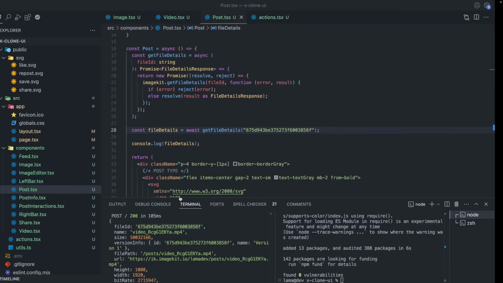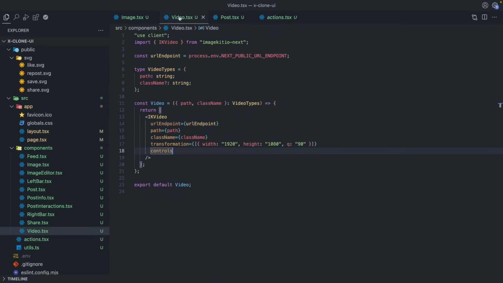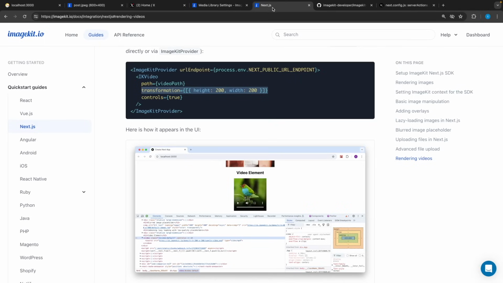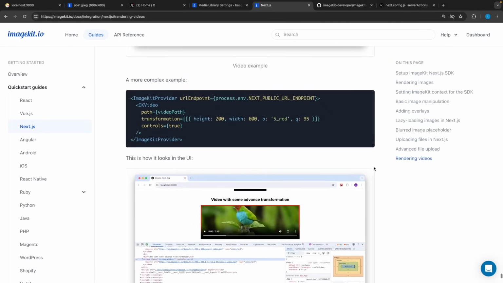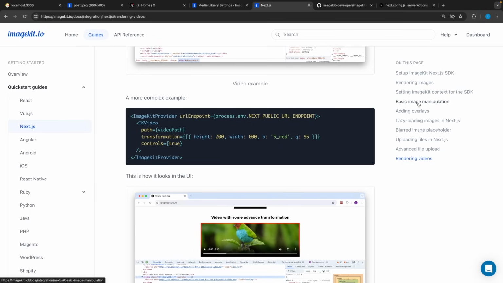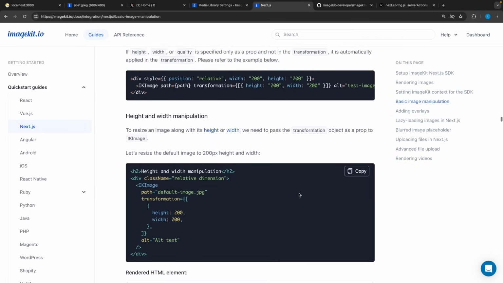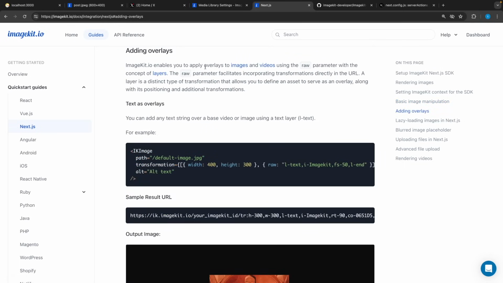What else we can do? Let's close here. Open our video component. And I want to show you one more thing here. We can add a text or logo on our videos. Let's see how to do that. Okay, it's not here, but we can find it in the image manipulation, I think. You can use it for the images also. Okay, it's here, overlays. As you can see, we can add overlays for the images and videos using this raw